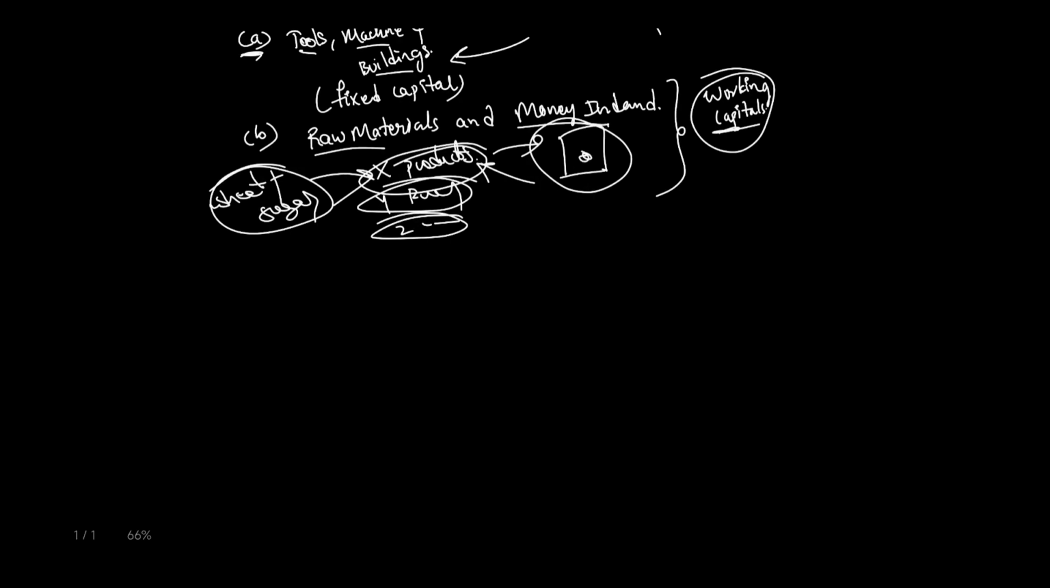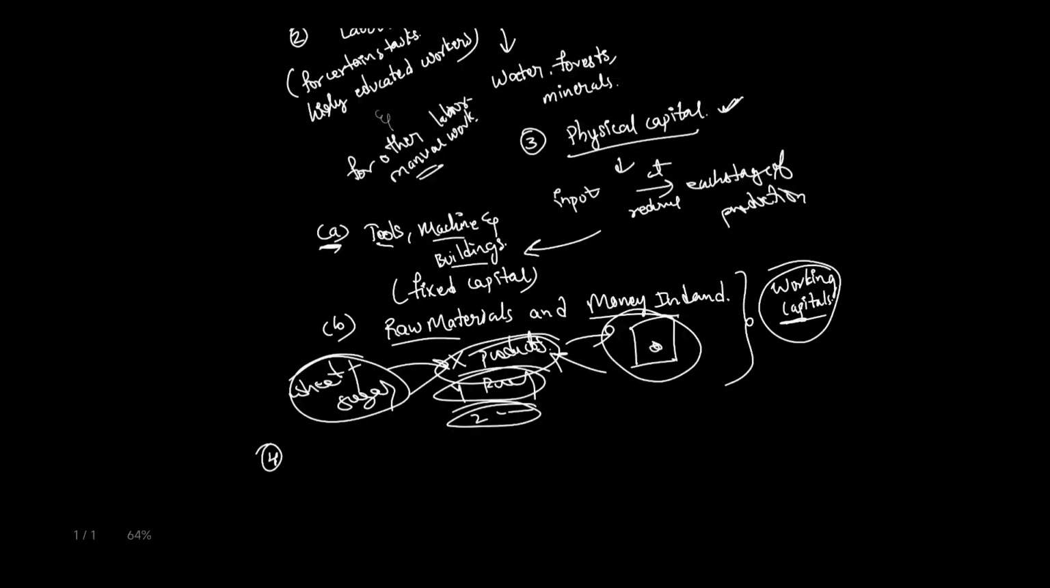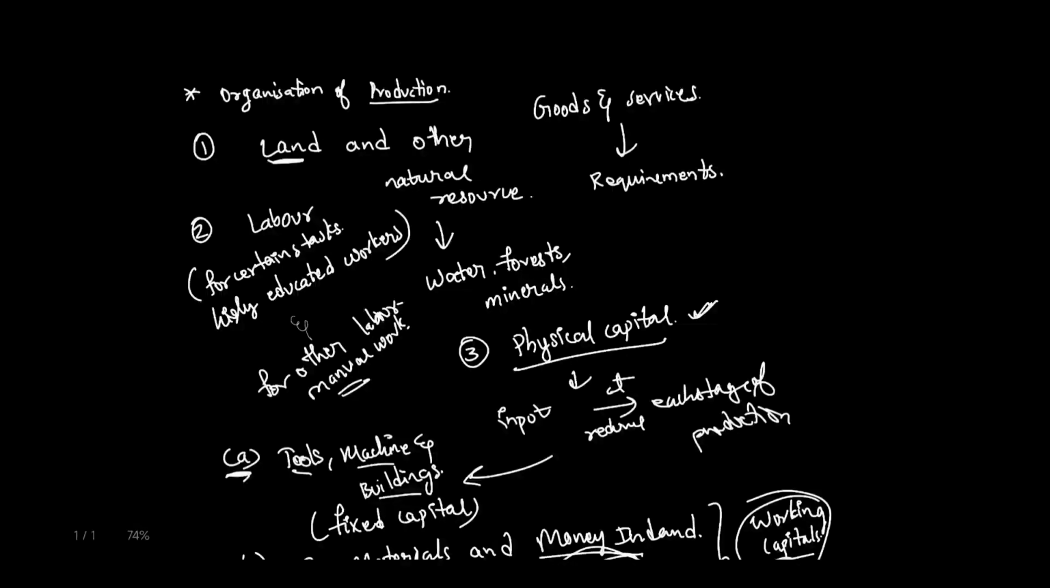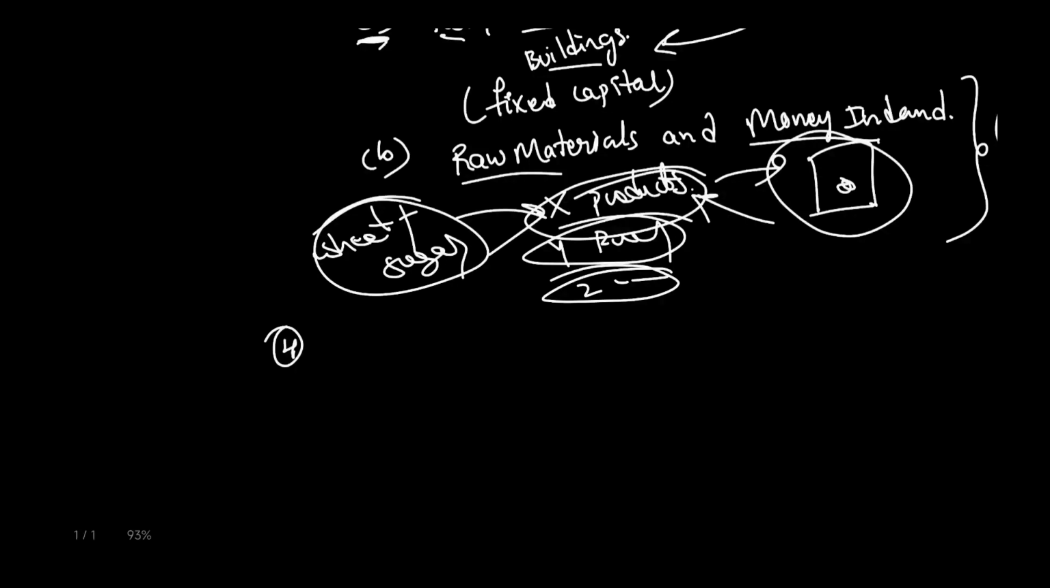Okay, now fourth one. We have completed, we have covered three things in requirements. Okay, land and other natural resources, labor, and physical capital. Now let's move on to knowledge and enterprise. Okay,